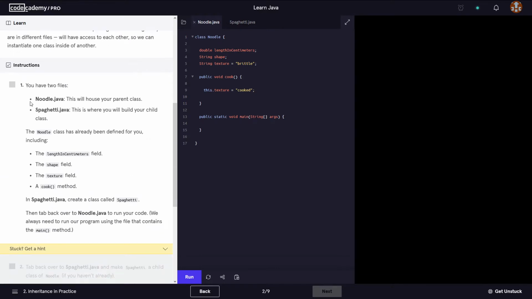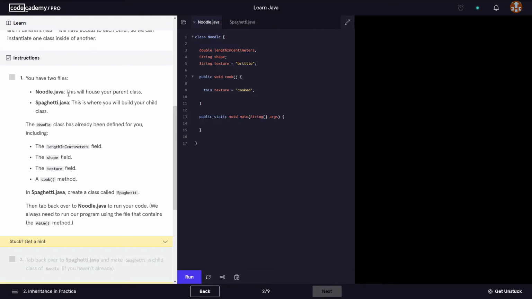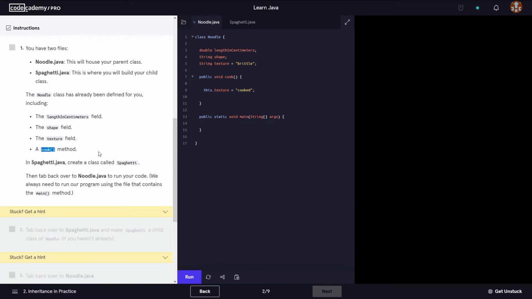If we have a look at the instructions, it says you have two files: noodle.java, this will house your parent class, and spaghetti.java, this is where you will build your child class. The noodle class has already been defined for us, including the length in centimeters field, the shape field, the texture field, and a cook method. Okay. Then in spaghetti